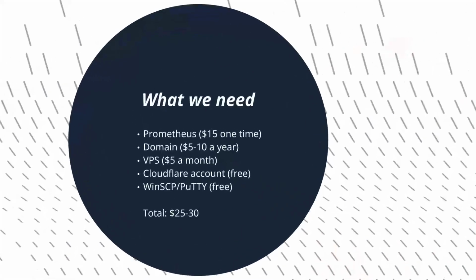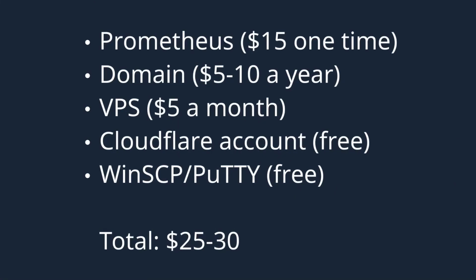So let's look at getting started. What do we actually need? So we need obviously Prometheus, which is $15. We're going to need a domain, which I'm going to be using Namecheap in this video, so you can pick up a domain for between $5 to $10. You'll need a VPS and a Cloudflare account, which is free, and you'll also need something like PuTTY or WinSCP,